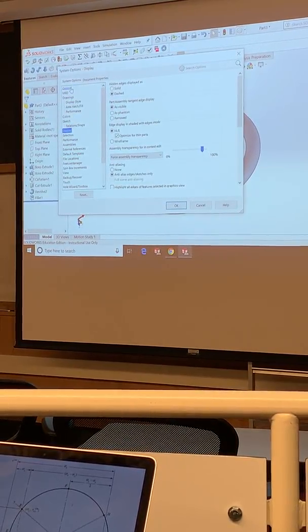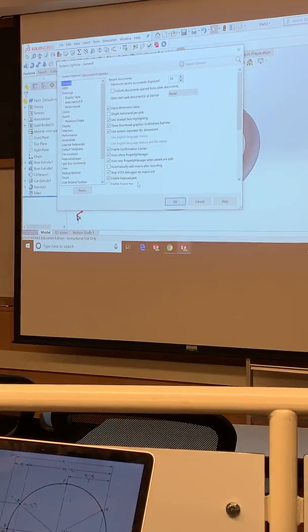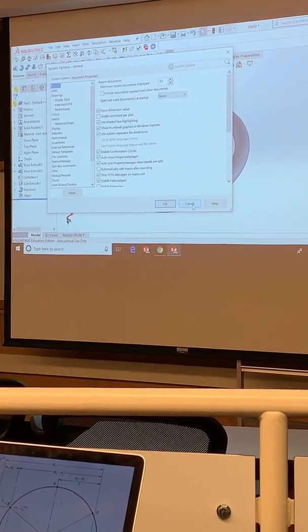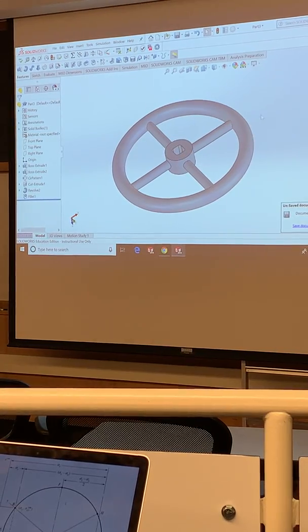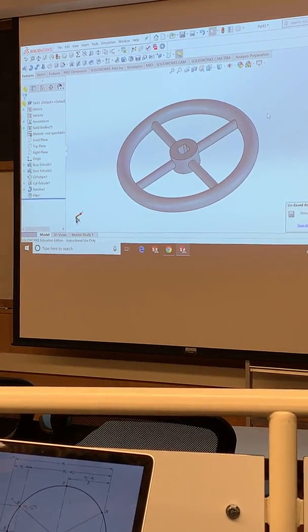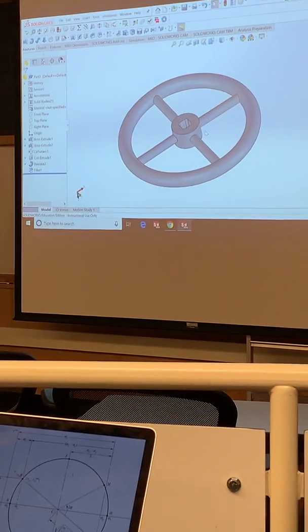I can't find it. There's an option that says don't show those tangent lines. Okay, so that's it. You know, and you can test